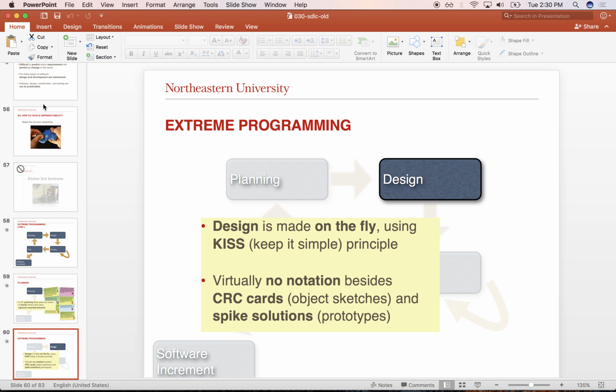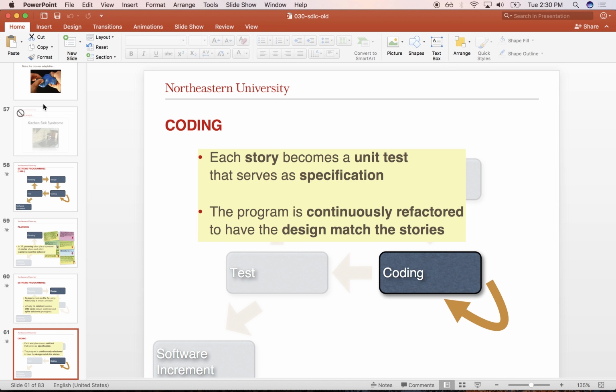So extreme programming says, no, screw that. We're not going to do that. We're just going to keep it as trivial as possible. Let's focus on the core functionality, and each one of these stories becomes unit tests. They are an explicit implementation of what I understand the requirement to be, and they serve as a means to